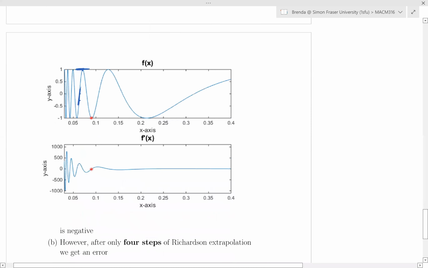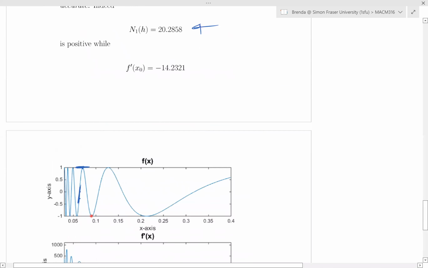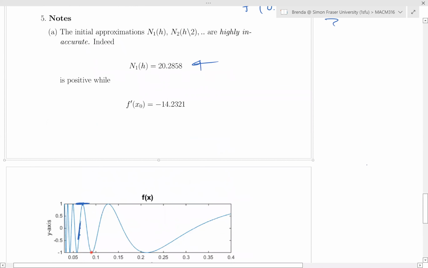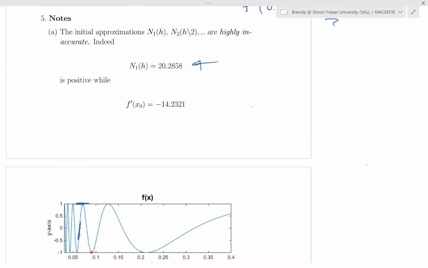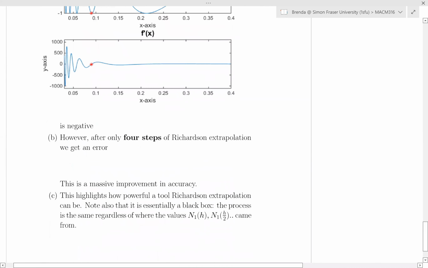Okay, so if you proceed with this program of the Richardson extrapolation, I'm claiming, and you can run the numbers to show me, that the initial approximation is really bad, but we don't give up. We do 4 steps of the Richardson approximation, and we find that the difference between the actual derivative and the fifth